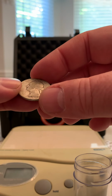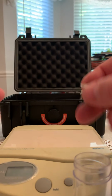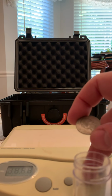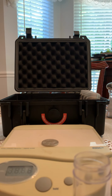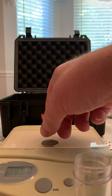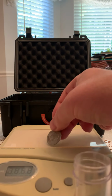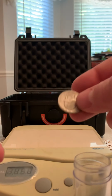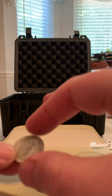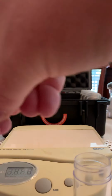Okay, so assuming that this thing is 6.25 grams new, what would you say the weight of it is now? I don't know. Is it still even going to register 6 grams? Let's just see. It's showing 6 grams. Strangely enough, it's showing 6 grams. Let me zero that thing again, because I'm not sure about that. But it's showing 6 grams. I don't understand how it can have that much wear and still register most of its weight. But anyway, we're just going to weigh the entire lot of them, good, bad, and ugly,